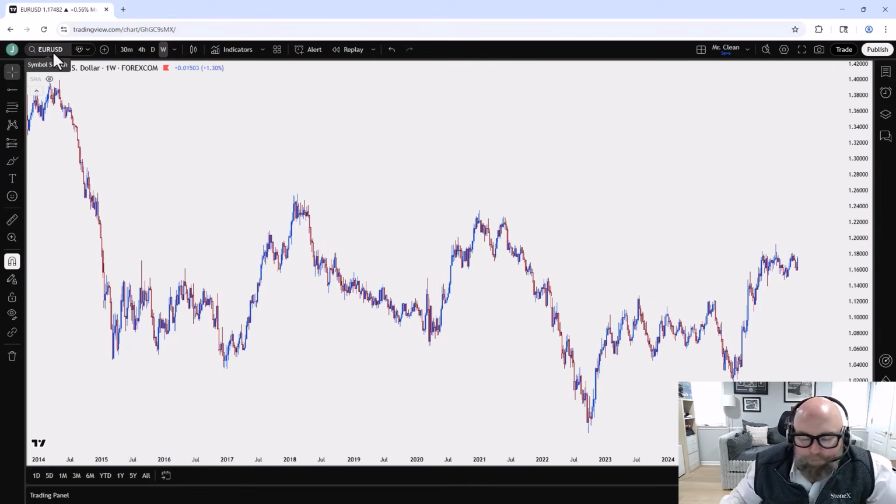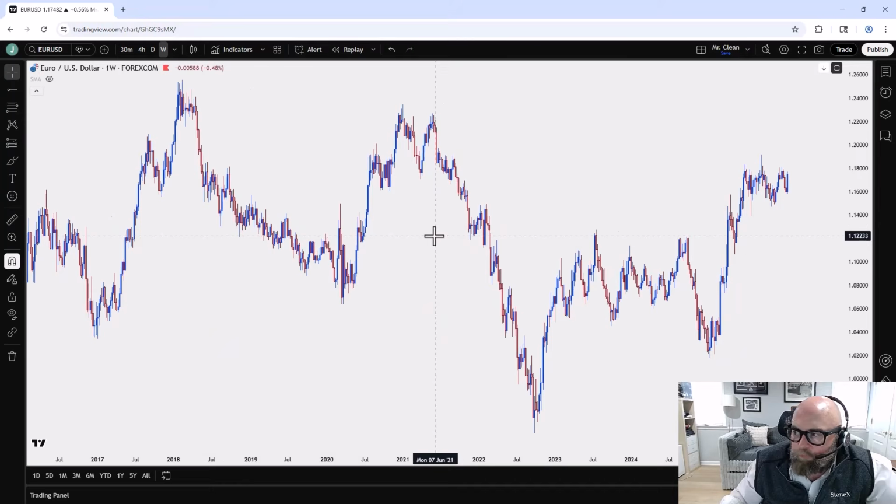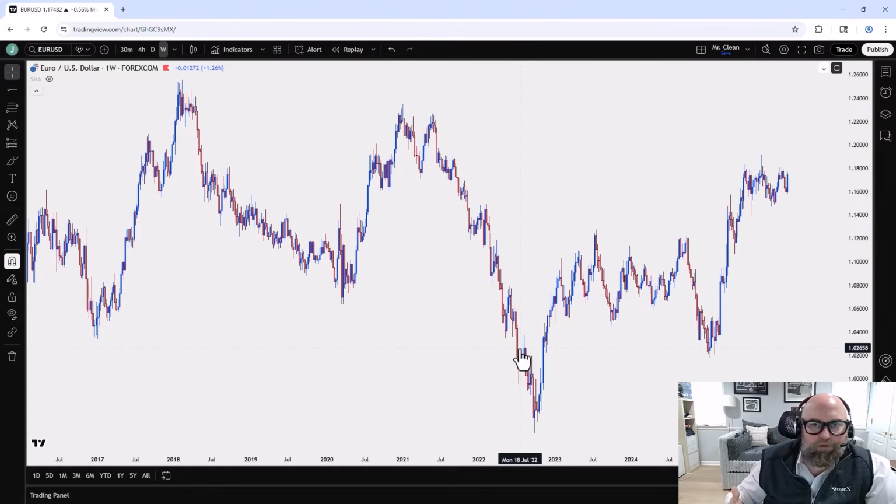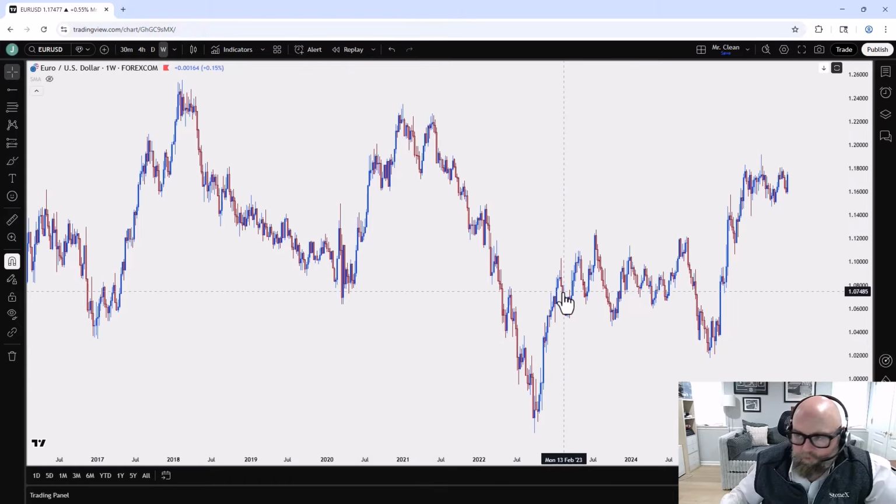And the reason for that is the foundational importance of the asset class. If we see a prolonged run, such as we did in 2021 to 2022, where the US dollar gets significantly stronger against the euro, that has ramifications. That's going to produce a higher level of inflation in Europe on the basis of a weaker euro. And that's automatically going to compel the European Central Bank to hike rates more, which is why we then saw a reversal as the ECB got more aggressive with rate hikes in 2022 into 2023. And then lo and behold, we range and mean revert for an extended period of time.